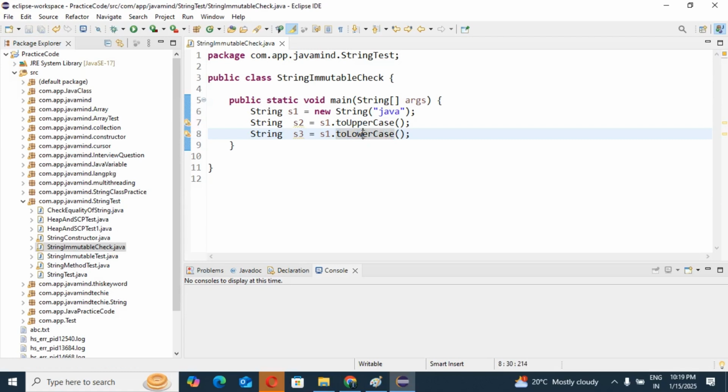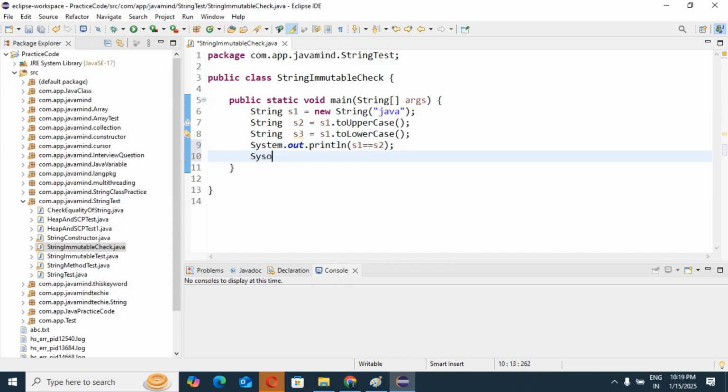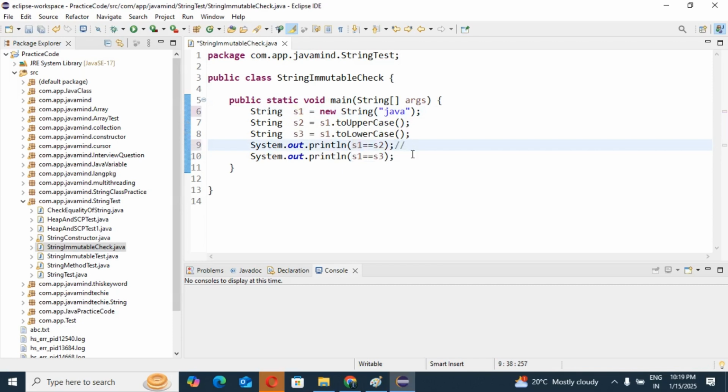Then we need to write the statement for what we want to print: s1 equals s2, that is the first statement, and then sysout s1 equals s3. Guys, as per our code, can you tell me what should be the expected output?